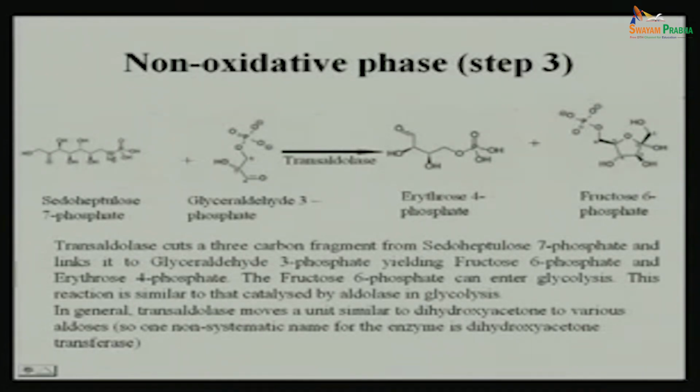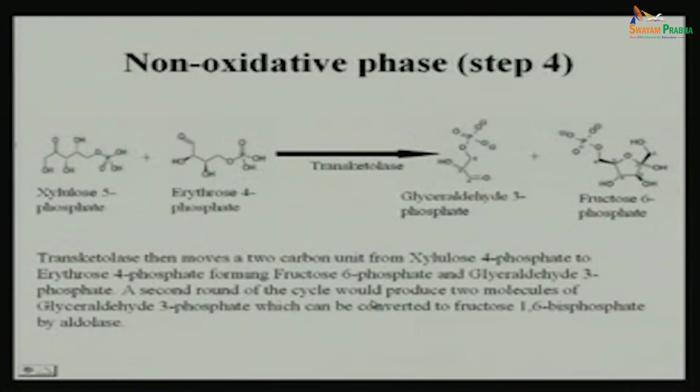You see, this is the ketose sugar, this is aldose sugar, here this is aldose sugar and this is the ketose sugar. Now, this fructose 6-phosphate can enter the glycolytic process, and this reaction is similar to that catalyzed by the aldolases